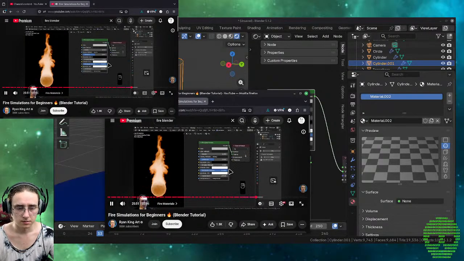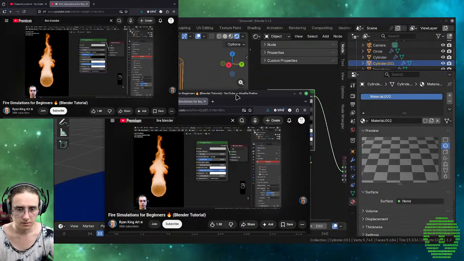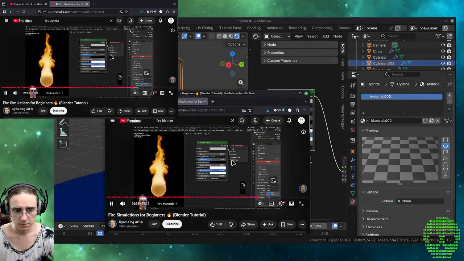Now there is something that I want to change regarding the color management. So if I click here on the render properties and scroll down, let's open up the color management at the very bottom. And if I change the view transform from AGX, which is the default, to Filmic instead, you can see the colors look quite